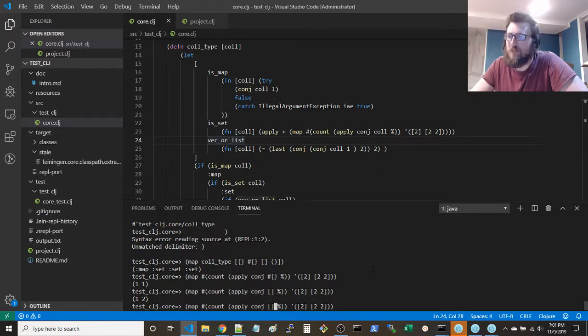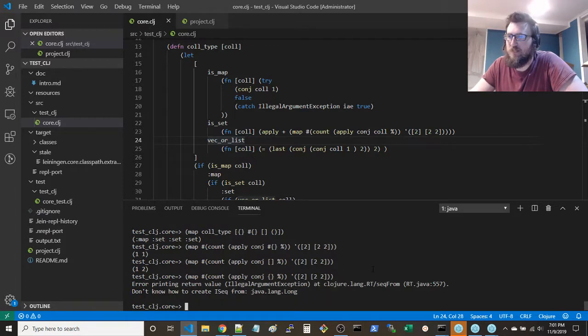So vector is not going to have the same size. Hash set won't make any sense. Yeah, vector works. Hash set doesn't make sense.